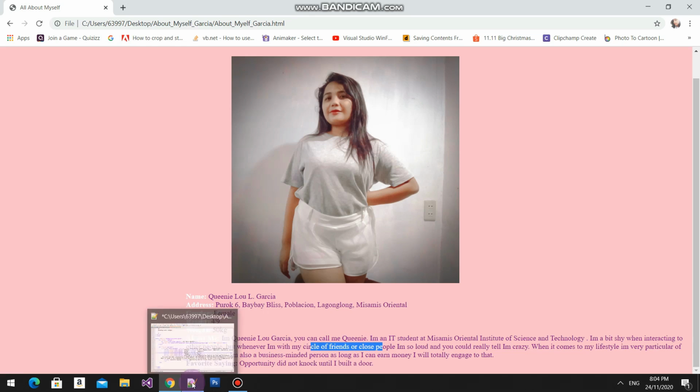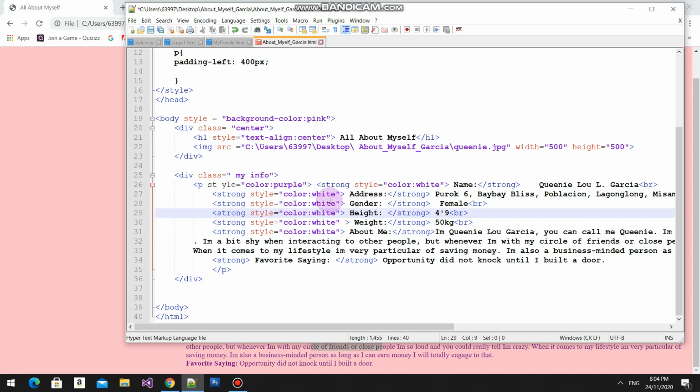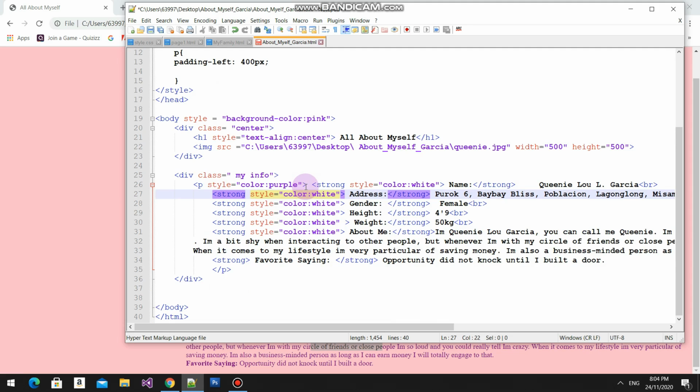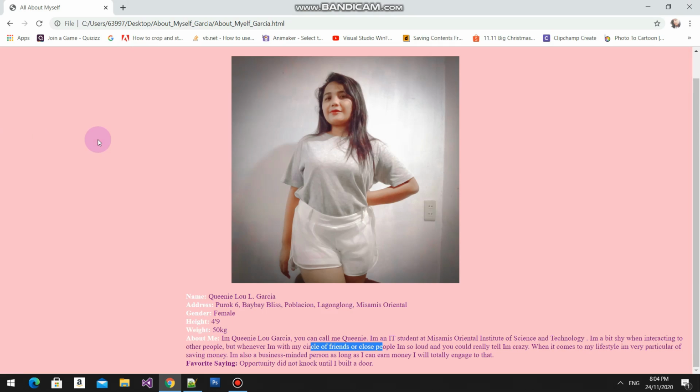Here we could also change the color of the text or the font style and so on. So this will be my code and output of the all about myself web page.